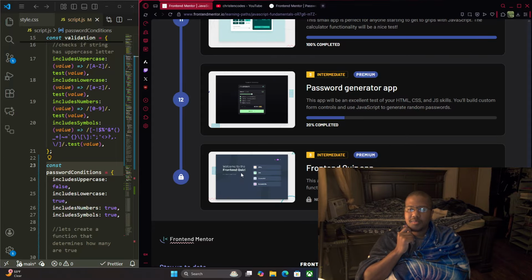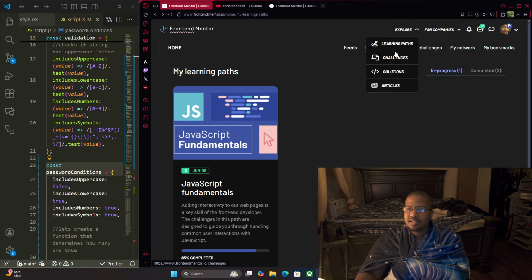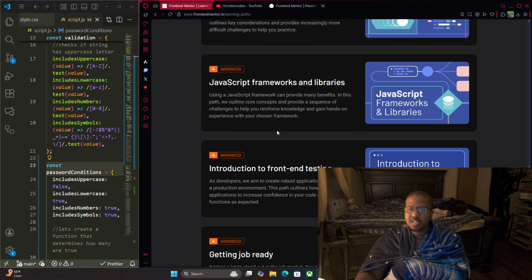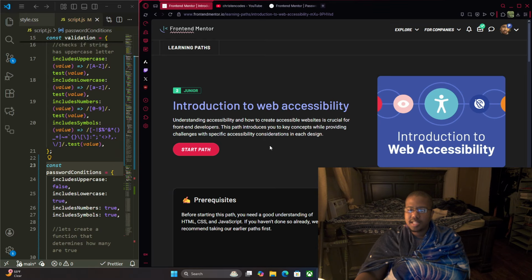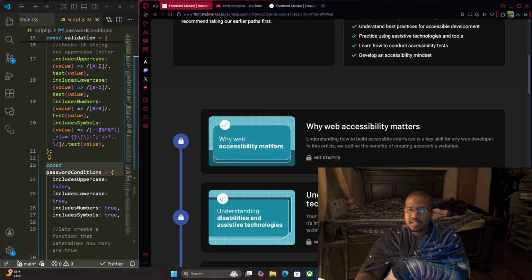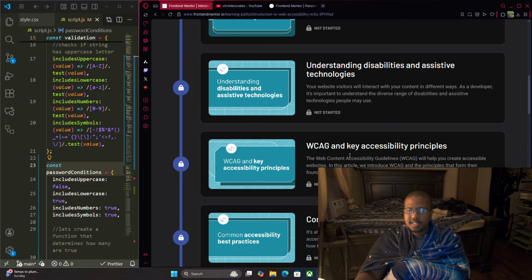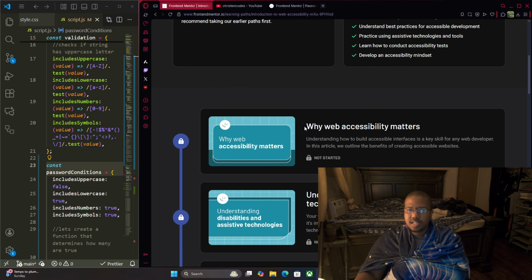after the password generator app, there's going to be a front end quiz app, and then I'll be finished with the JavaScript fundamentals, and then we're going to do an introduction into web accessibility, which is something I definitely need. I look at a lot of job descriptions, and I saw WCAG and key accessibility principles, the Web Content Accessibility Guidelines. I am going to go head first into that and read